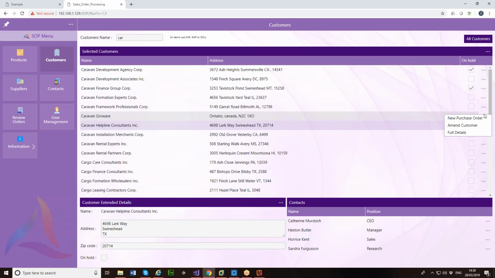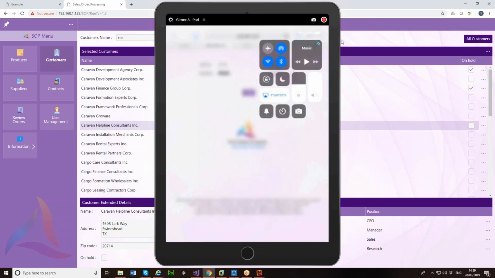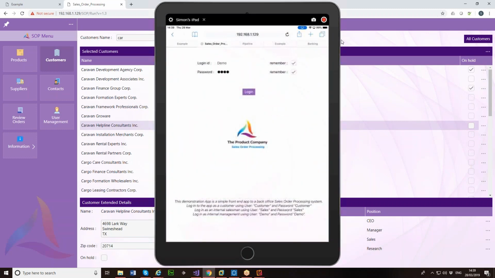So I've got basic information. I have a navigation menu against each customer that allows me to create a new purchase order, amend the customer, or see the full details of that customer. And that's great, but that looks very much like a lot of desktop apps that you've probably seen. So let's try and have a look at this on an iPad, and also see if we can bring this up as well on